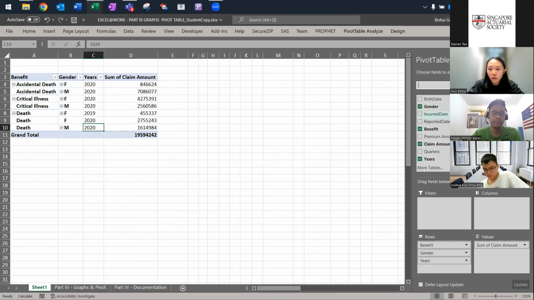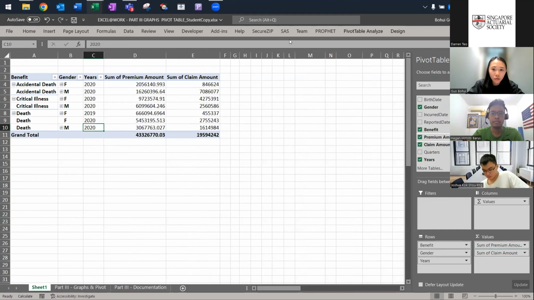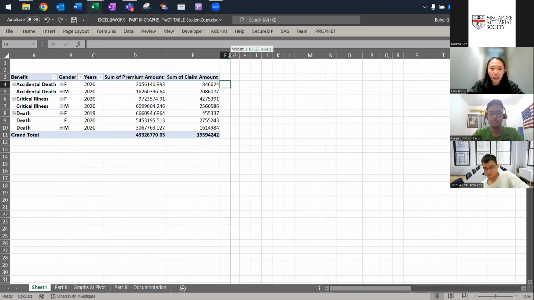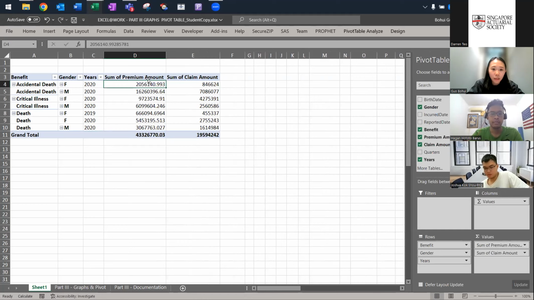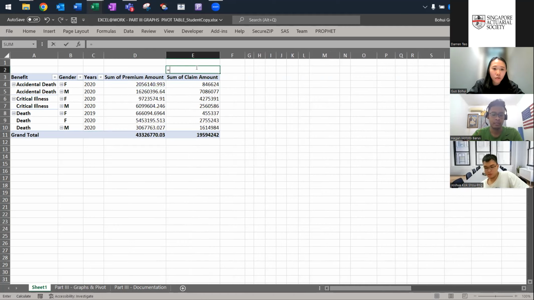Then we go to the premium amount. This is just for illustration. Actually, you don't really need to illustrate, but as an actuary, you need to show your working. Honestly, a lot of the time you might get a value, but you need to show the checks you have done that it is correct. So you should show your working all the time. So this is the premium amount and claim amount, right? Then I was telling you loss ratio,